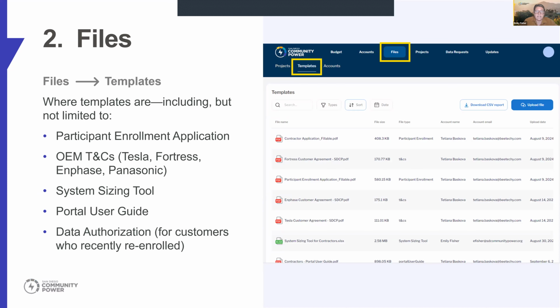And so next, onto the Files tab. So here you'll see Files, and then below the projects, templates, and accounts. So like I mentioned before, templates is really the key window here for understanding what you can look at. In here we have the participant enrollment application for you to download for customers. We have the O&M T's and C's. So specifically Tesla, Fortress, Enphase, and Panasonic currently require their virtual power plant T's and C's to be signed by customers. And so that is something we will need submitted before we can process that upfront incentive payment